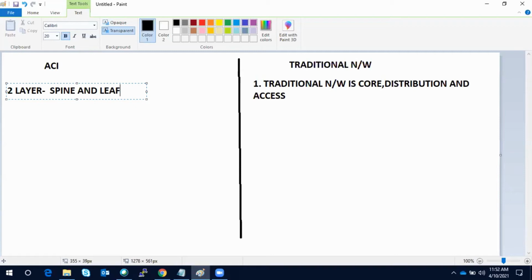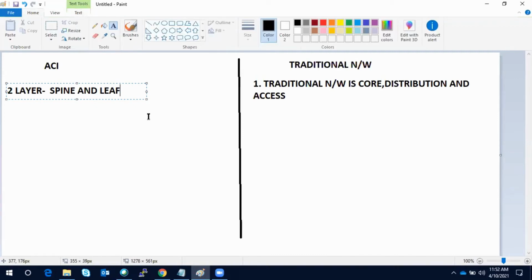And access layer is where you hook up your servers, your access points, your laptops. But in ACI, we have only two layers: leaf and spine. You will say, what is the big deal? Here it is three layers, there it is two layers. No, it makes a difference.